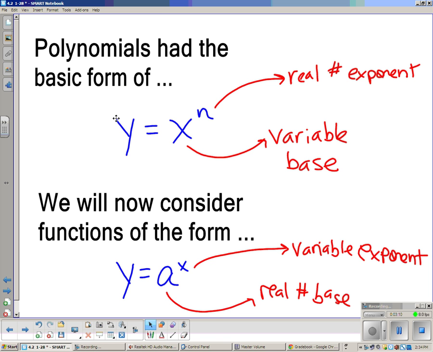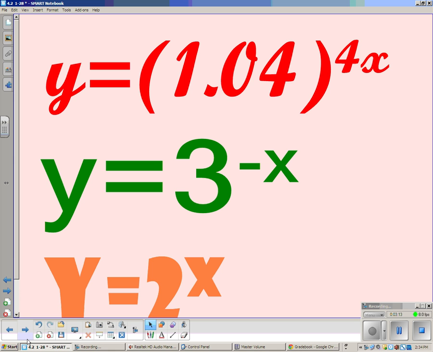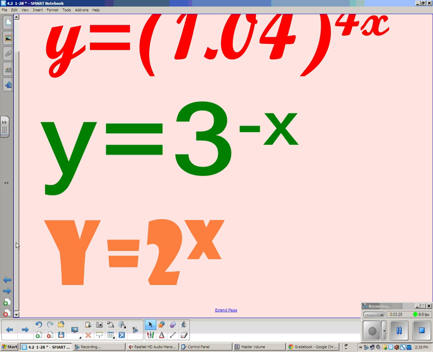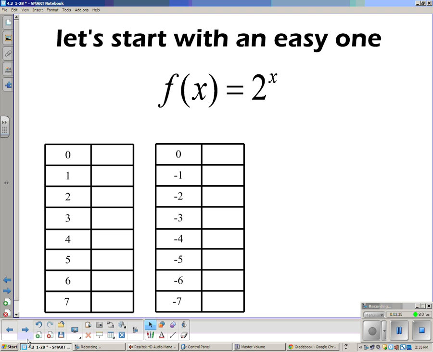Just to take a look at a few examples of what these might look like. At the top we have y equals 1.04 to the power of 4x. If you take a look at the second one, we have y equals 3 to the power of negative x, or the opposite of x. And then the last one that we have down here, y equals 2 to the x. We're actually going to start with this one, which is a very basic exponential function. And we're going to really take a look at this one and see what kind of values we come up